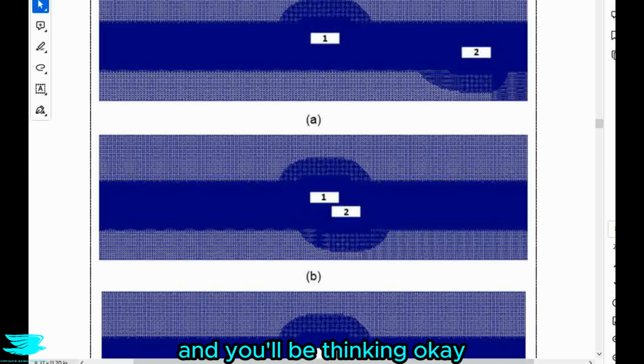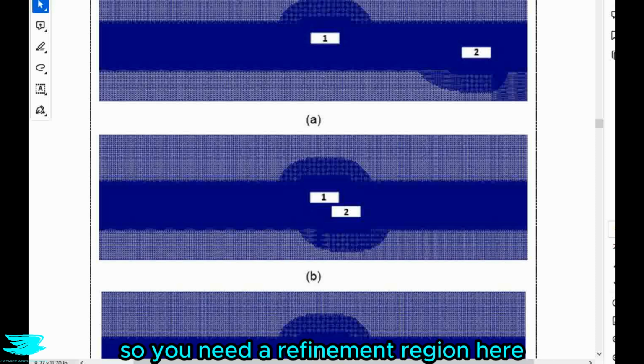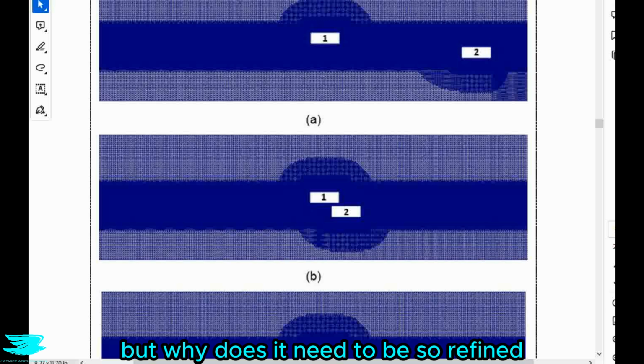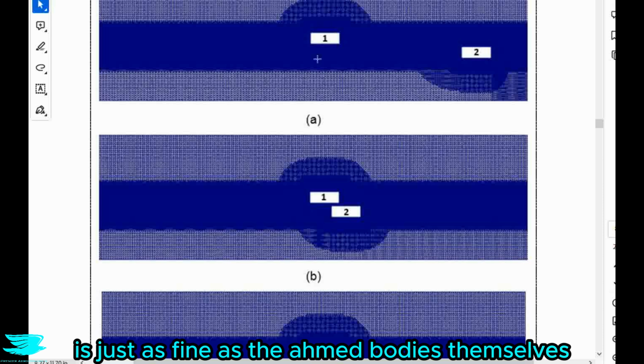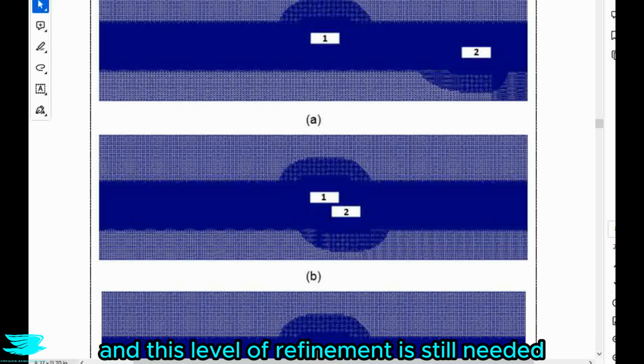And you might be thinking, okay, so you need a refinement region here, but why does it need to be so refined? I mean, from this view, it seems like the refinement of the central strip is just as fine as the armored bodies themselves. Isn't that excessive? Well, for overset meshes, it isn't, and this level of refinement is still needed,